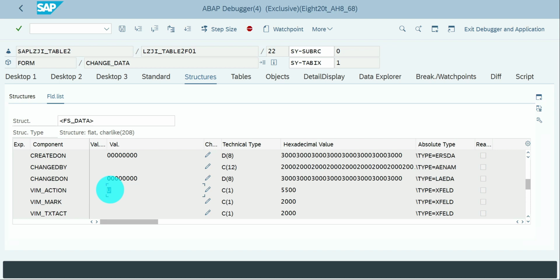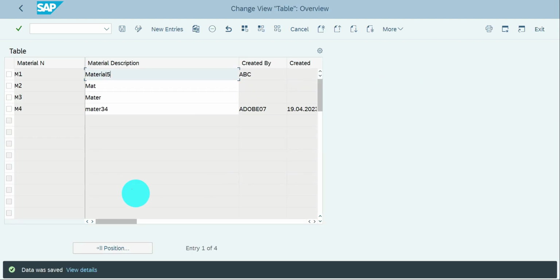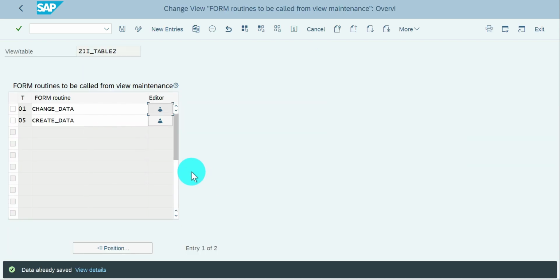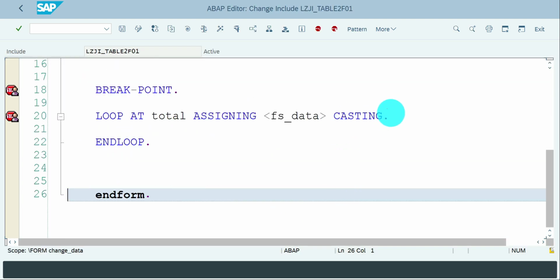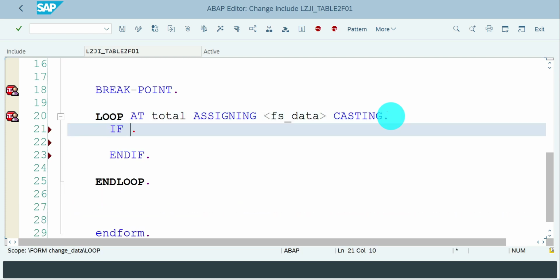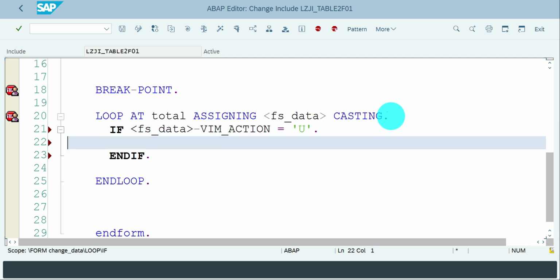So VM action is U. If it is U, you can do whatever you want. The coding is very simple here. VM action, right? So in change data, if fs data vim action equal to U, then I'm going to give fs data